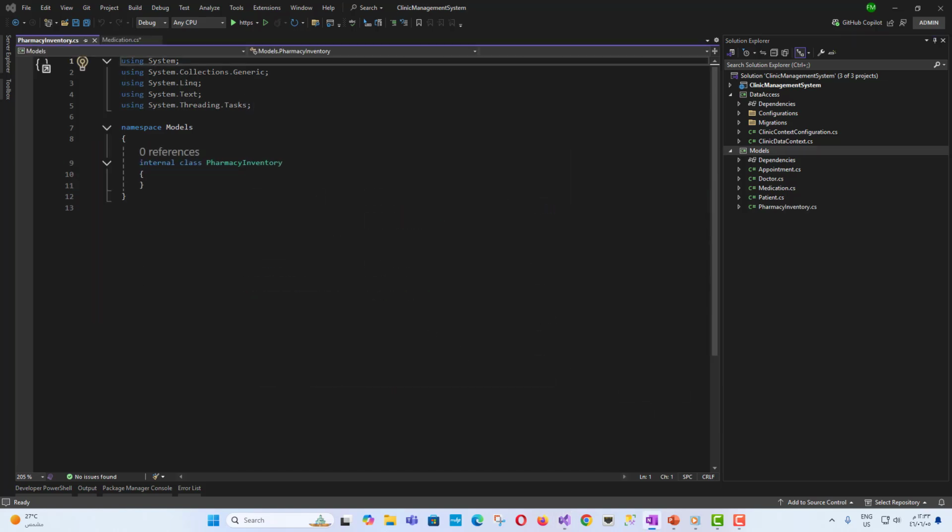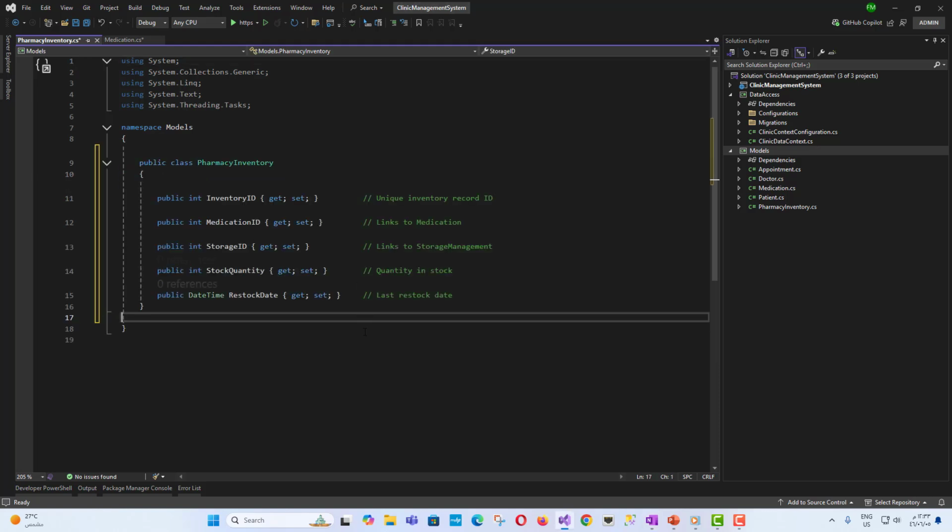This model connects medications with storage locations and tracks their stock. Public class PharmacyInventory. This class will have the following properties. Public int InventoryId { get; set; } - unique inventory record ID. Public int MedicationId { get; set; } - links to medication. Public int StorageId { get; set; } - links to storage management. Public int StockQuantity { get; set; }